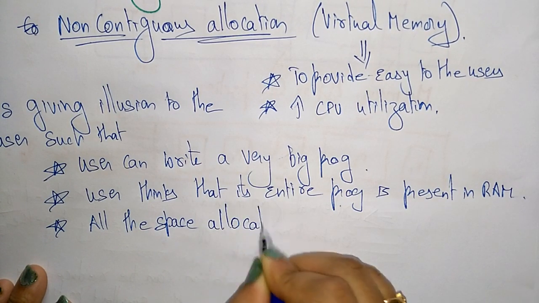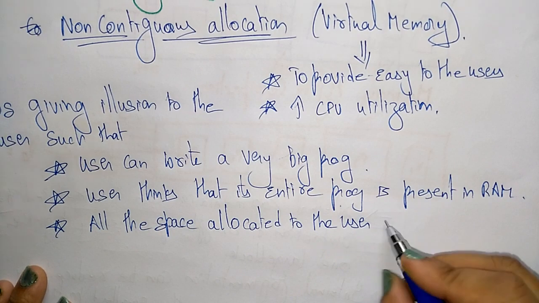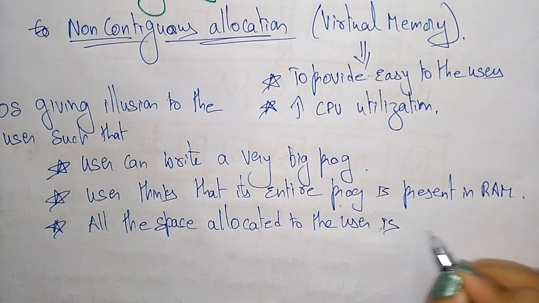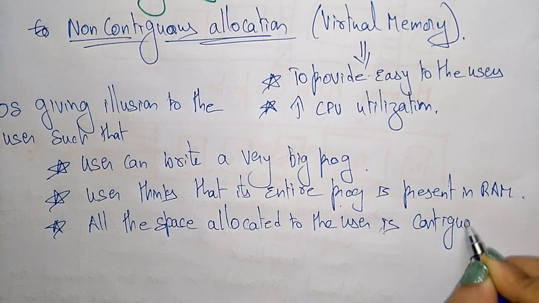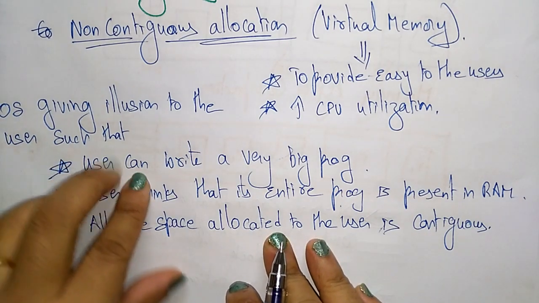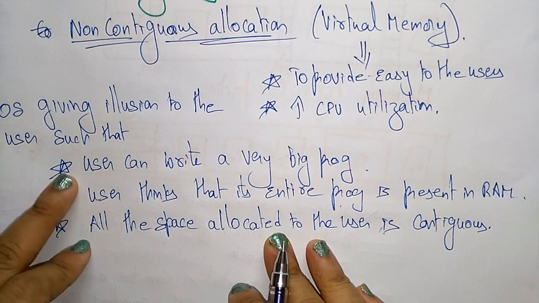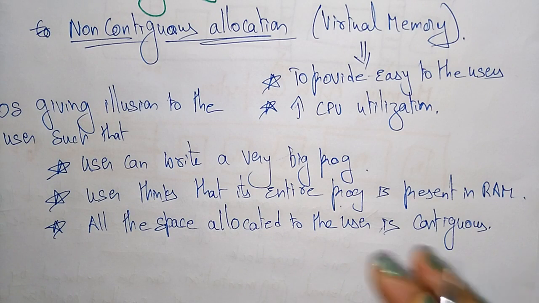allocated to the user is contiguous. So it is thought that whatever space is allocated in the main memory is contiguous, and the user address starts from all zeros. So it's just creating an illusion to the users, who can write very big programs and think the entire program is in RAM. But in reality,